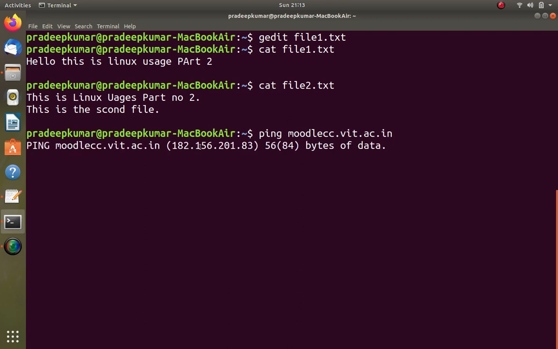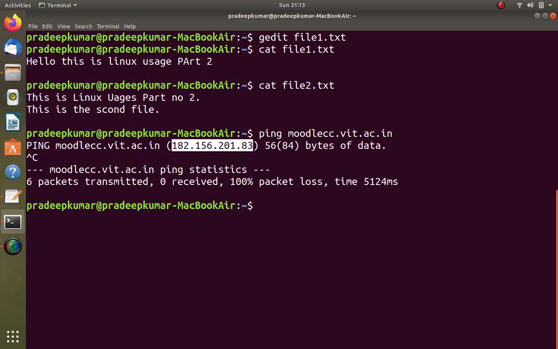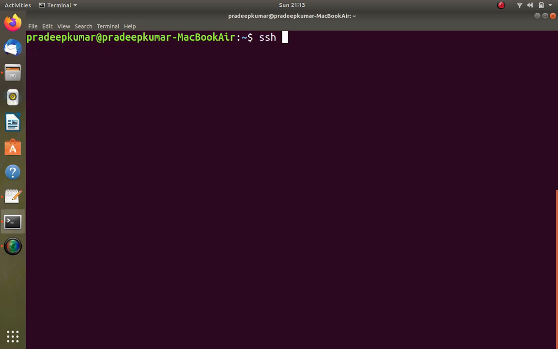Now this is the IP address, so let me connect to it. I use ssh, and the username is administrator at this IP. Once it is connected, it will verify and maybe ask for the password. Taking a long time.